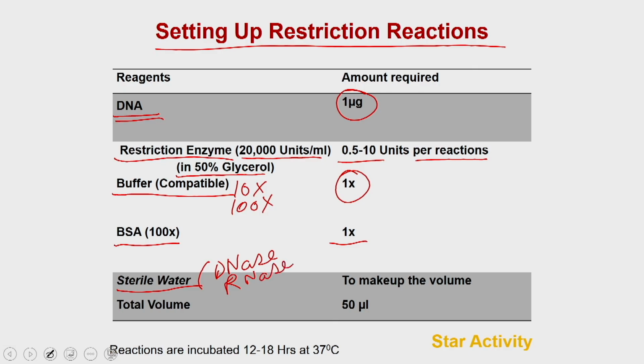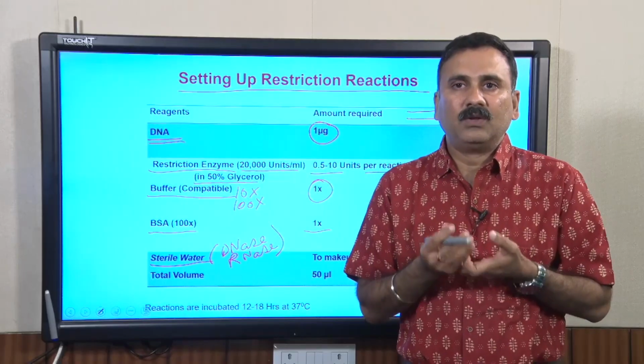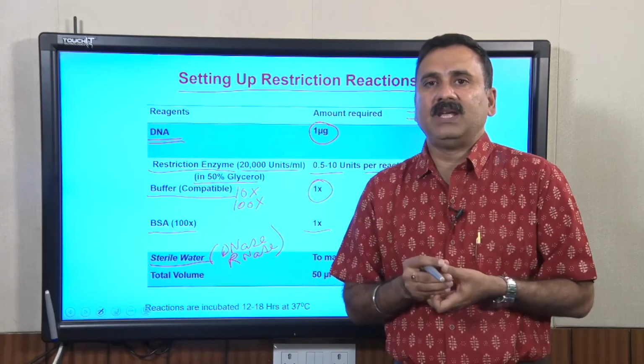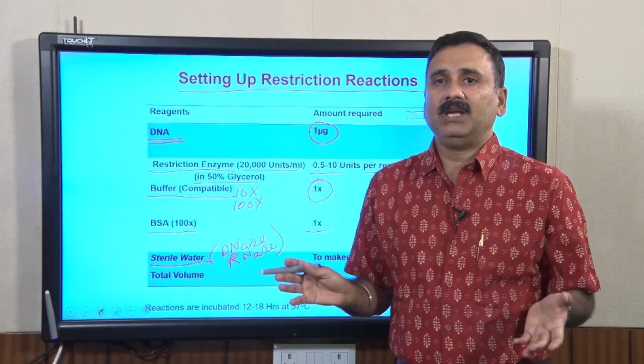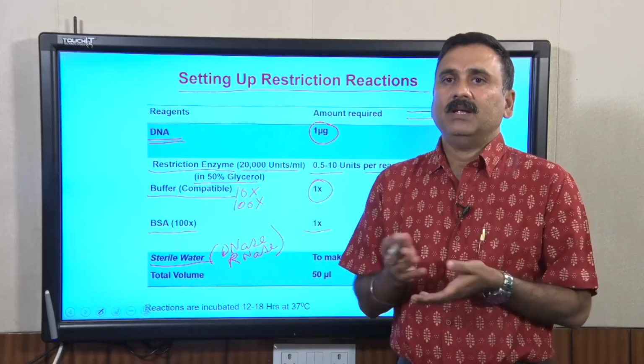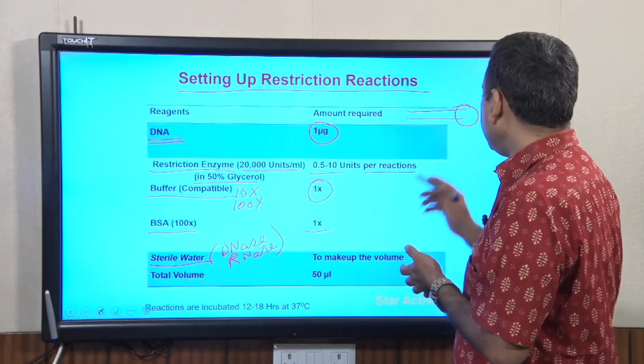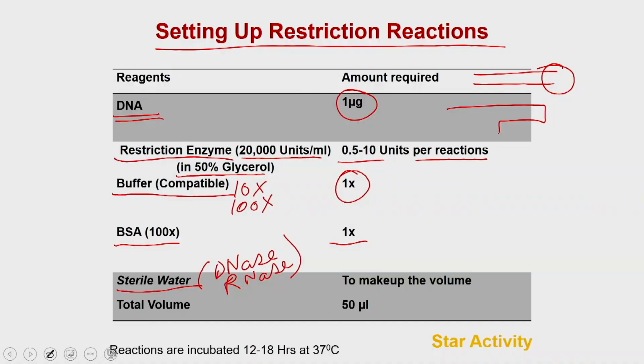DNases and RNases are the enzymes which degrade the DNA or the RNA, and you know that DNase is an exonuclease. So, it cuts the DNA from one end of the DNA. So, if you have any kind of DNase or RNase contamination, the DNase is going to chew up the DNA and you are not going to get the final product, because once you generate this